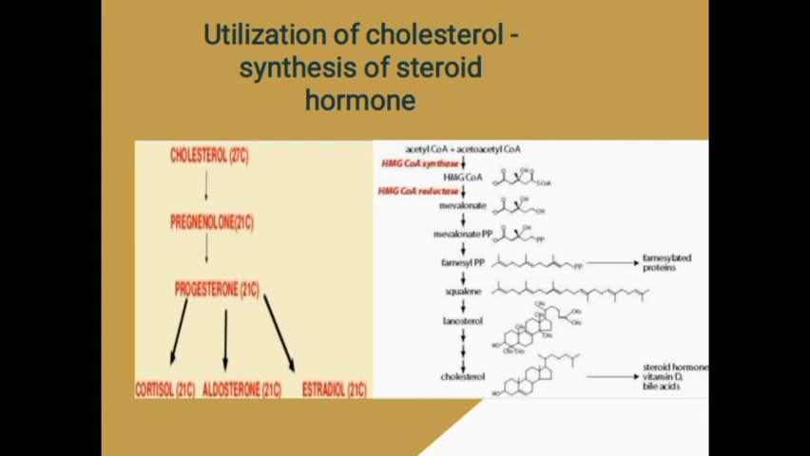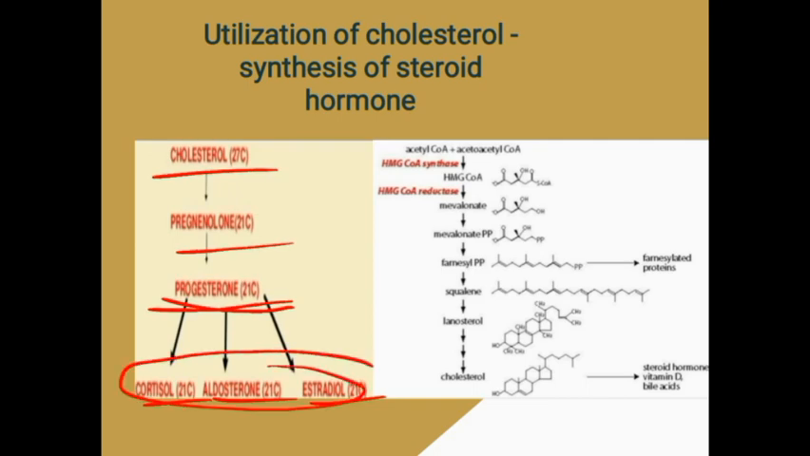Utilization of cholesterol and synthesis of steroid hormones. First of all, utilization of cholesterol. Cholesterol is converted into pregnenolone, then progesterone, then cortisol, then aldosterone, then estradiol. Progesterone is converted into these 3. And in the synthesis of steroid hormones, you can see